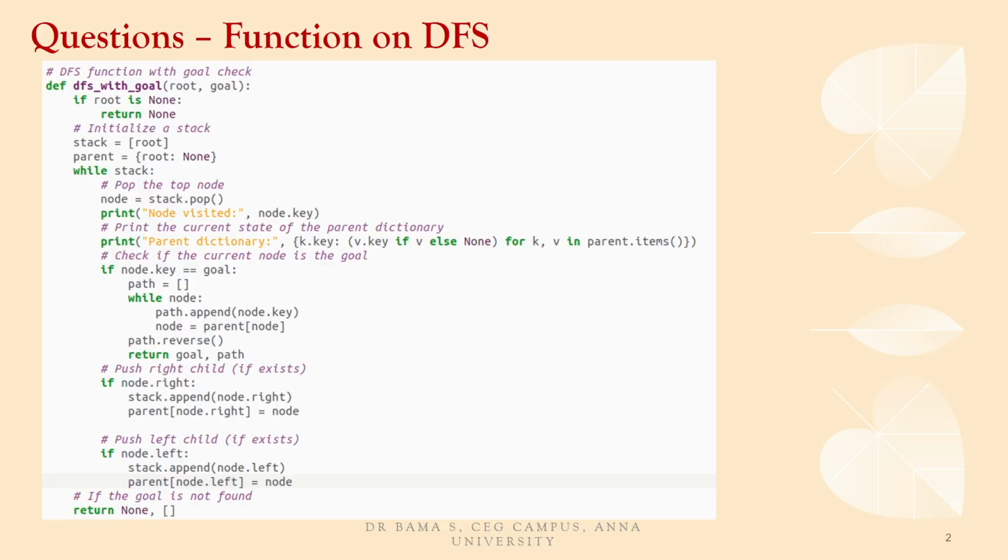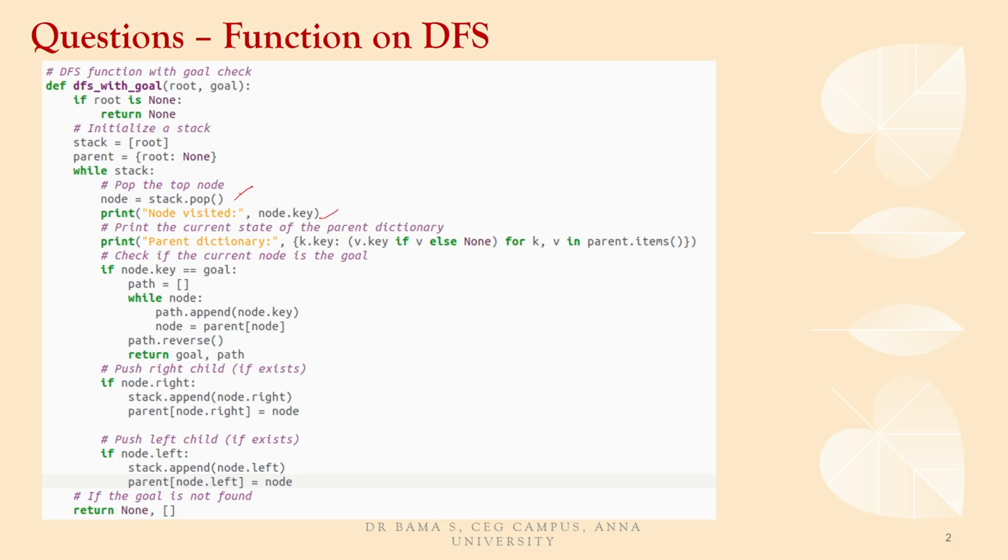where the question was asking for a function to be returned on depth first search. So, this is one of the examples that is given here, and this slide is an answer to the question of function on DFS. If you could see, the function starts with DFS with the root and goal. So, we are giving the root of the node and the goal that is available to that function, and we are initializing a stack, and within the loop